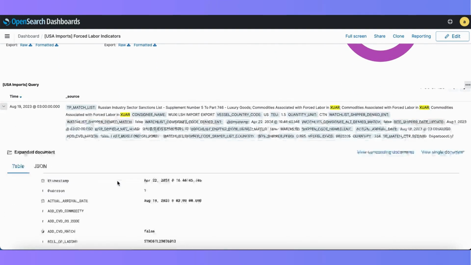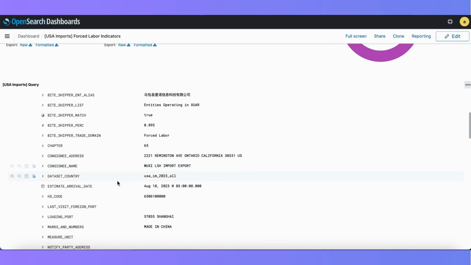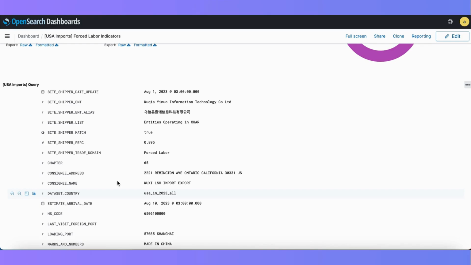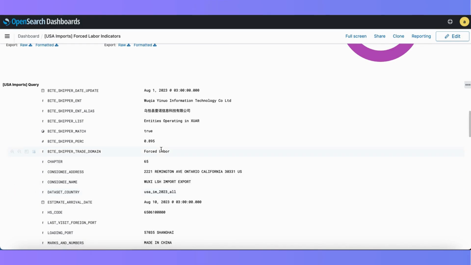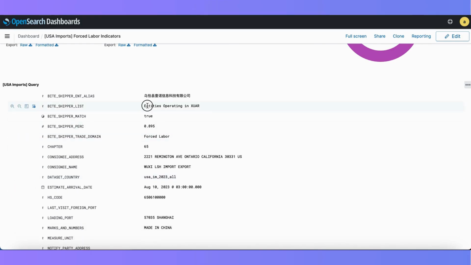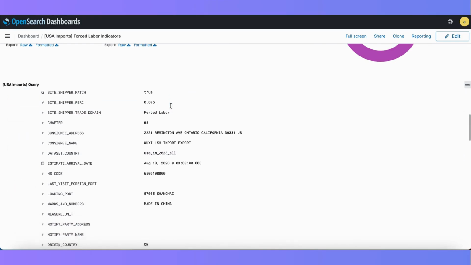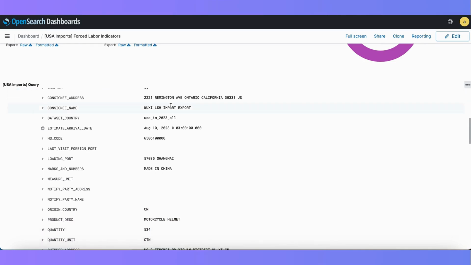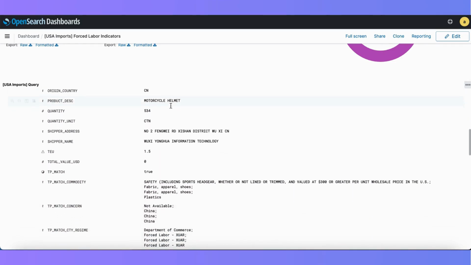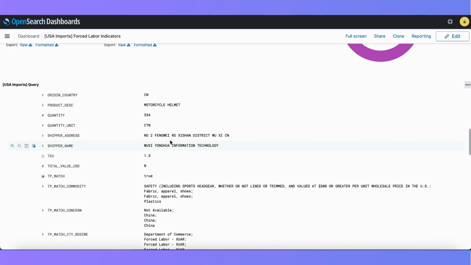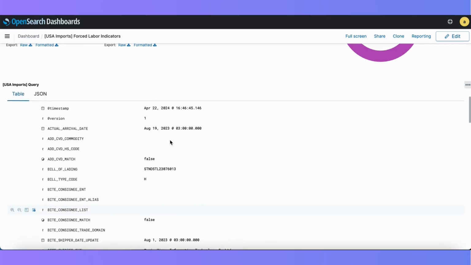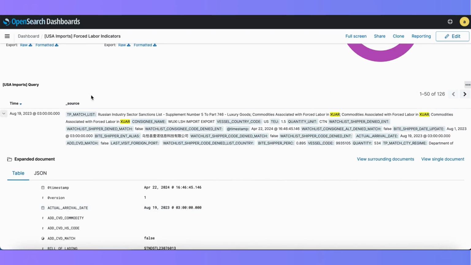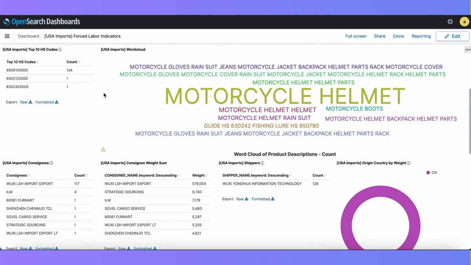And it looks like it's hitting on a match to an entity operating in XUAR. And that's why we got that hit there. So this is a way to screen U.S. imports or trace different forced labor indicators through supply chains that lead into the U.S.